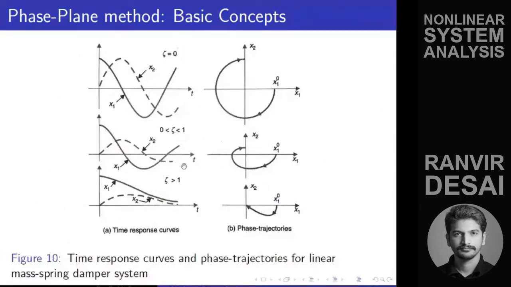Again, this is for the damped system. For the underdamped system, you can see that these values are getting less, so it is going towards zero. If you extend this, it will spiral towards zero. If it is critically damped, it will not leave the quadrant. See, it is not leaving the quadrant, it is going to zero without this overshoot. So overshoot in the phase plane domain will look something like this.